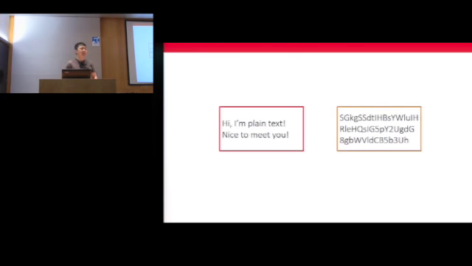In this slide, you can see on the left-hand side is some plain text, and for communications, information processing, or security purposes, we may want to encode it, for example with base 64 encoders, to the code shown on the right-hand side. And of course, for each encoder, there exists a decoder which can recover the plain text for us from the code. One may think it is simple to write such programs, the encoder and decoder, but sometimes